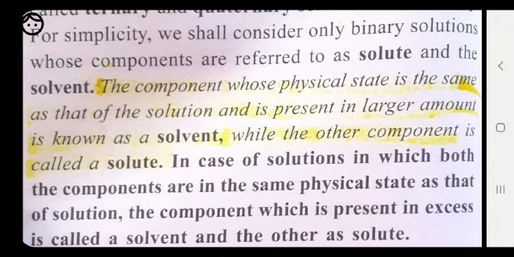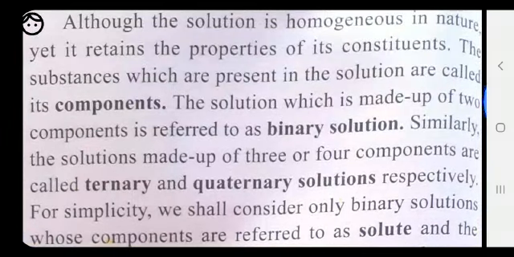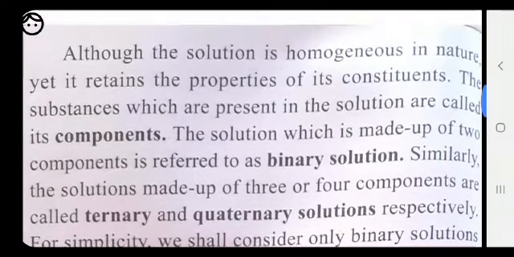On the basis of the number of solutes present in the solution, solutions are classified into different types, like binary solution, tertiary solution and quaternary solution. It is not compulsory that a solution has only one solute and one solvent. It may have more solutes. Like if we are making lemon juice, we have some drops of lemon, some tablespoons of sugar, salt, and as a solvent we have water. So in water we have three types of solute added.